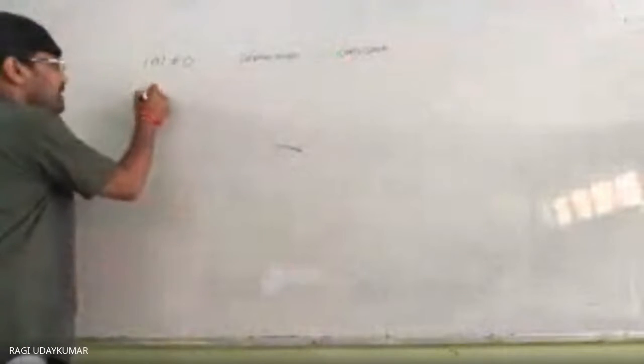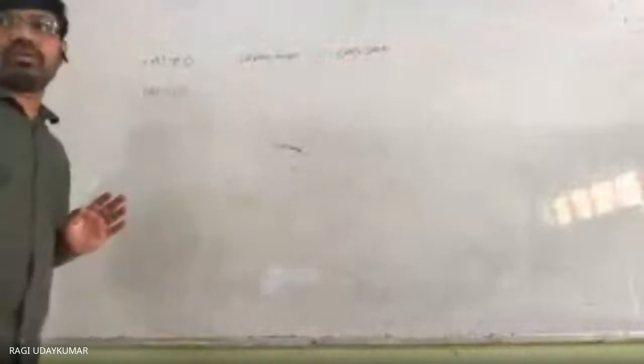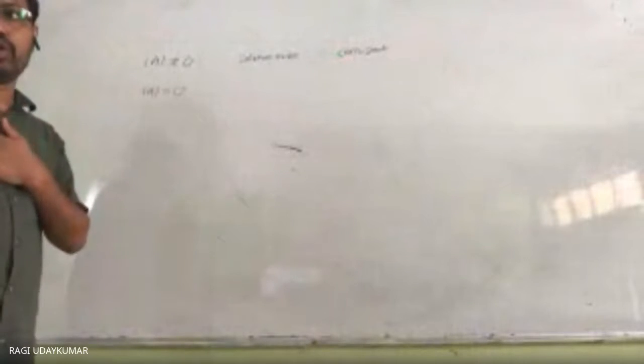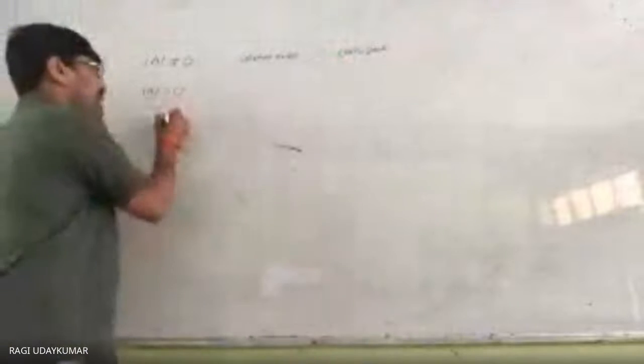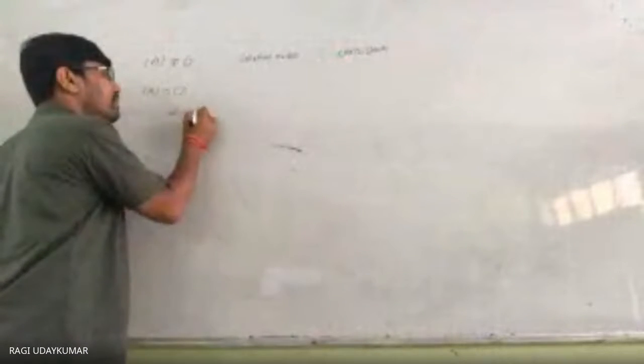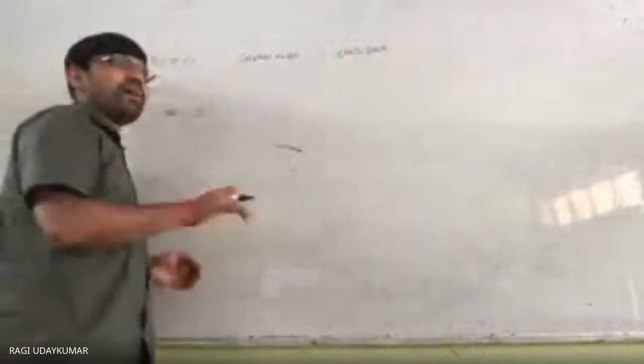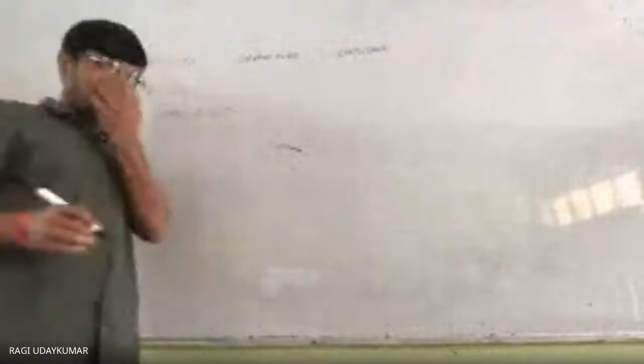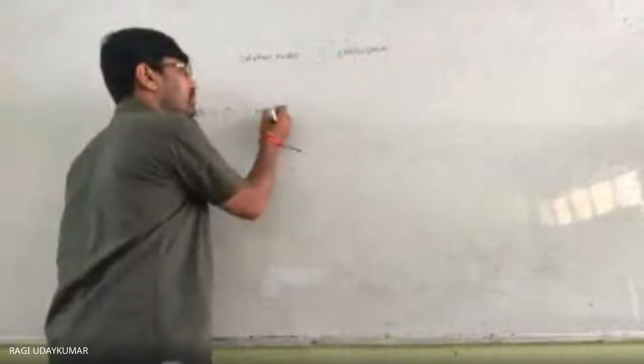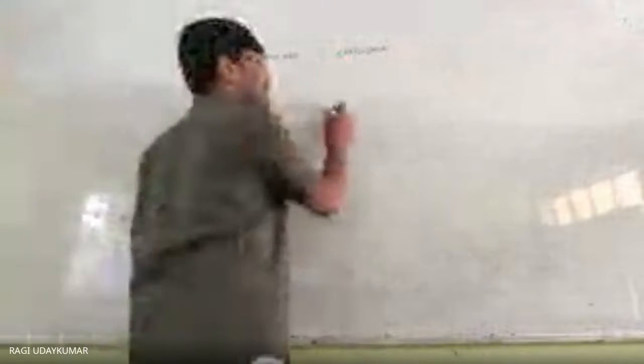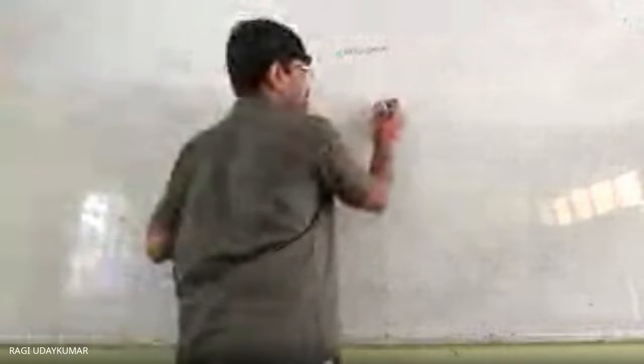Second case: determinant is equal to 0, determinant of the matrix is 0, singular matrix over here. Then we need to calculate adjoint of A into B. If adjoint of A into B is not a null matrix, then the solution does not exist. No solution. If no solution, then we call it inconsistent. Is it clear to you?